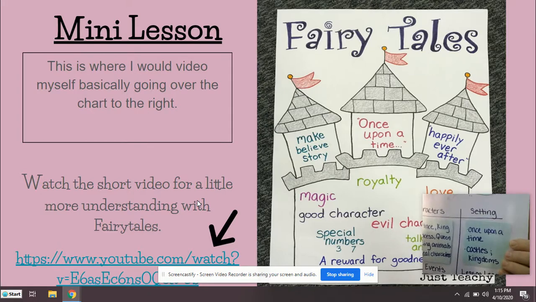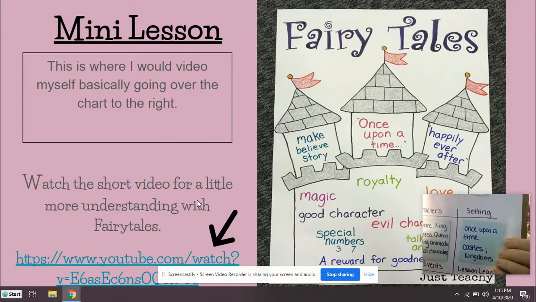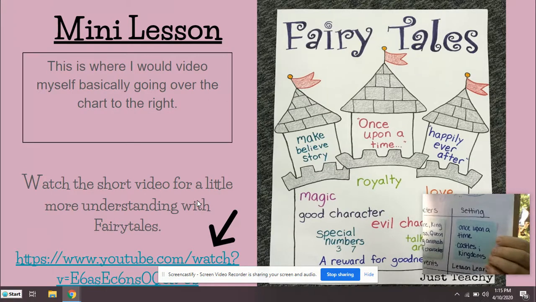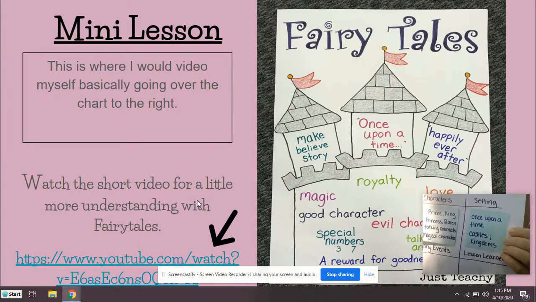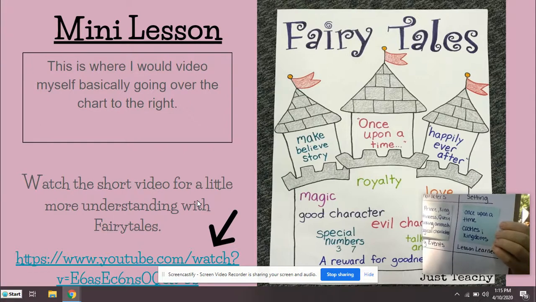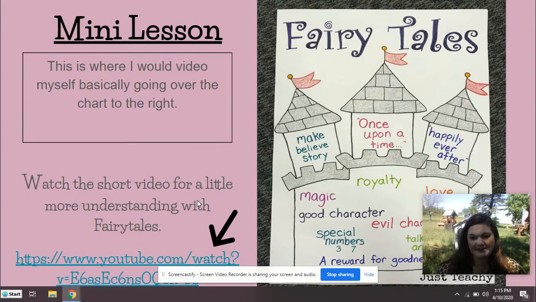A lot of times at the beginning of a fairy tale, you will hear something along the lines of once upon a time in a faraway land. Kind of like the beginning of Shrek. That's what that just reminded me of. So a fairy tale could have a once upon a time beginning, and it's going to take place with castles and kingdoms and lots of very cool places like that.